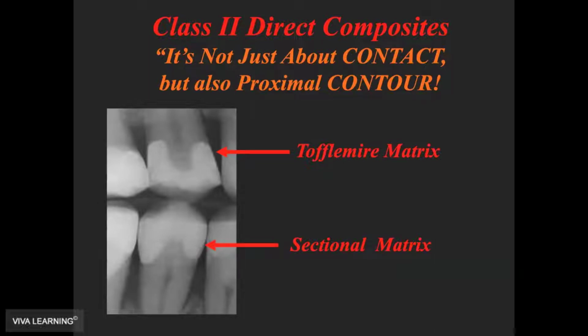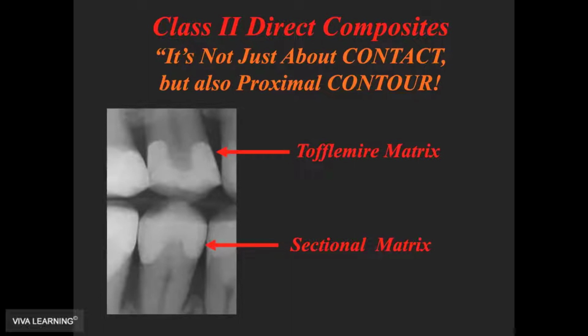And if you can't deform the matrix band and deform the material when you're, quote unquote, packing or condensing it, you're going to end up with a restoration whose proximal walls look like the side of a Coke can, with the contact at the height of the marginal ridge, not a millimeter below like anatomically it should be. You can see the definite difference between the upper tooth and the lower tooth that was restored with a sectional